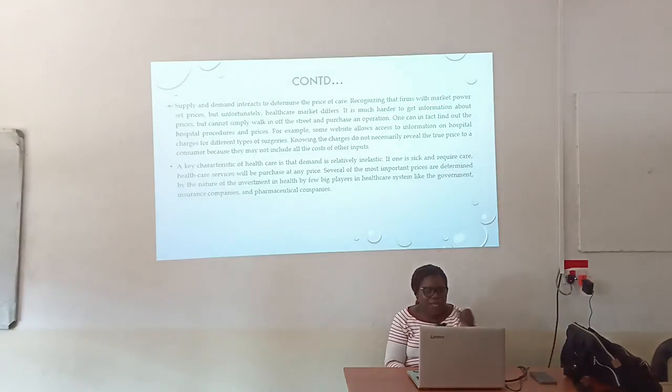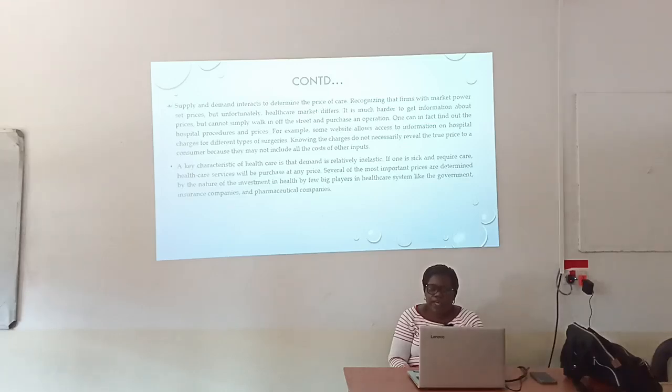Okay, so when you are looking at this factor, the key characteristic in healthcare is that demand is relatively inelastic, where if one is sick and requires healthcare, the service will be purchased at any price, right? You've seen someone who gets really sick, right? And the family will come up and say, let's gather so they can go to hospital, maybe go to India. They really don't have money, right? But they are looking at maybe